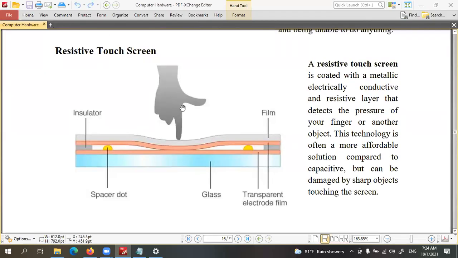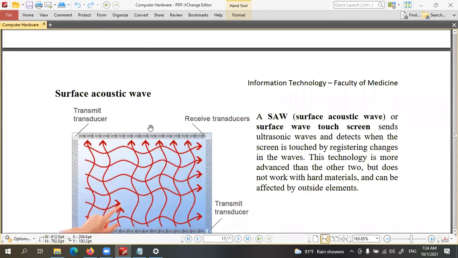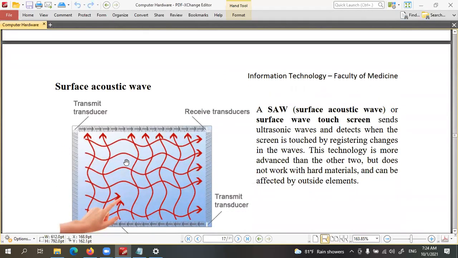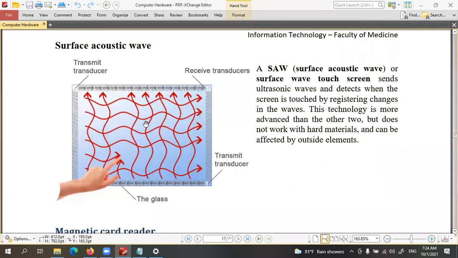You have to press the screen somewhere. So that touch press signal again. Resistive touch screens. And these acoustic wave surface screens are also very sensitive. This technology is more advanced and very sensitive. Again, you can't use them outside in dust areas, and you can't use that for hard use because this is very sensitive.